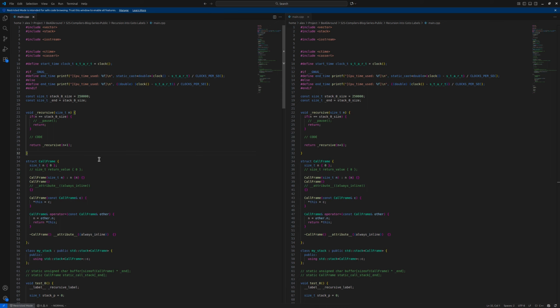The point of that is to eliminate the call overhead of the recursive function, which includes pushing onto the stack, popping off the stack, and returning from where the function was called. So I picked a very simple function that I wanted to get turned into a goto